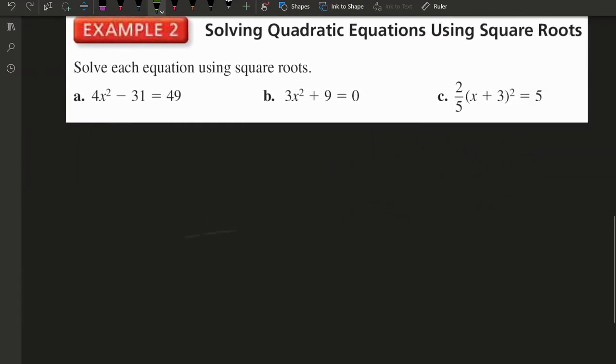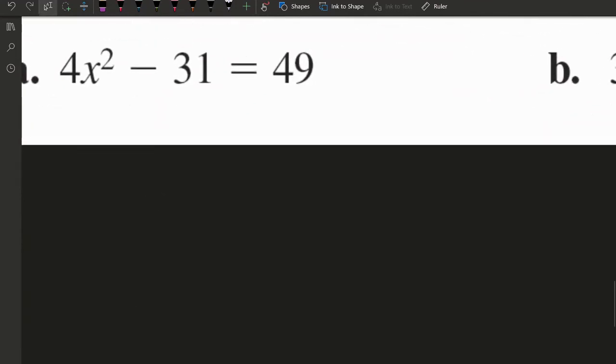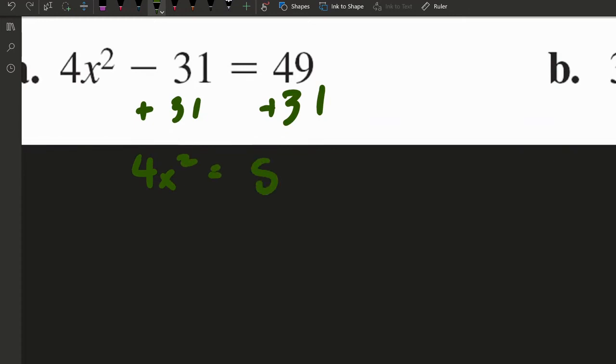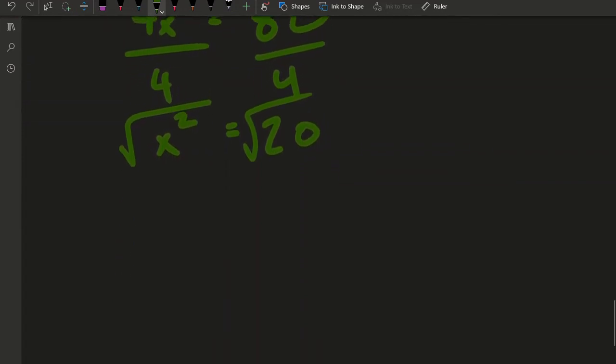Let's go back to these ones. Okay, so if I want to solve this equation right here, 4x squared minus 31 equals 49 by using square roots, what I'm going to do here is add 31 to both sides. So I'll get 4x squared is equal to 80, and then I'll divide by 4, giving me x squared equals 20, and then I'll take the square root of both sides, and I will get x is equal to,